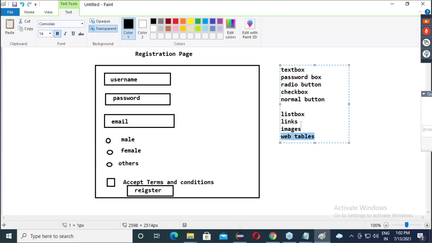Now guys, list box, links, images, web tables, this part I will show you tomorrow. Tomorrow we will finish these four items and then finish our HTML section.